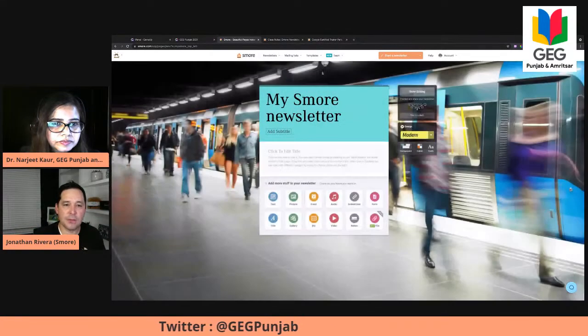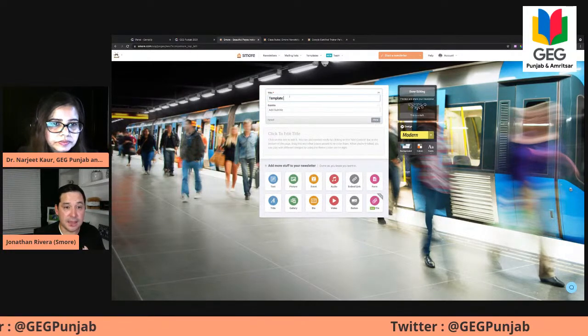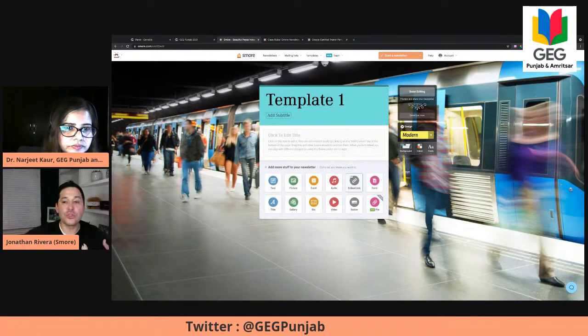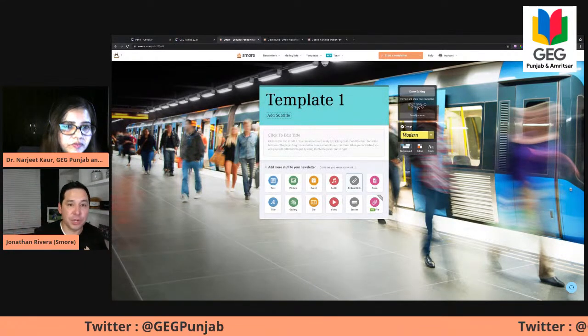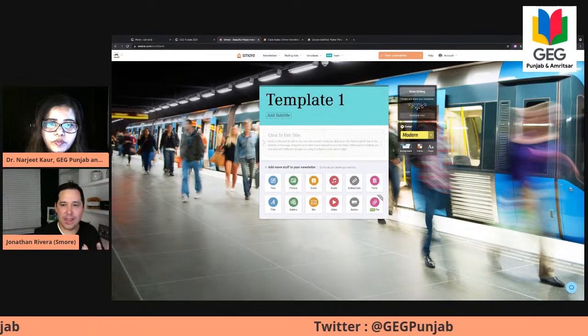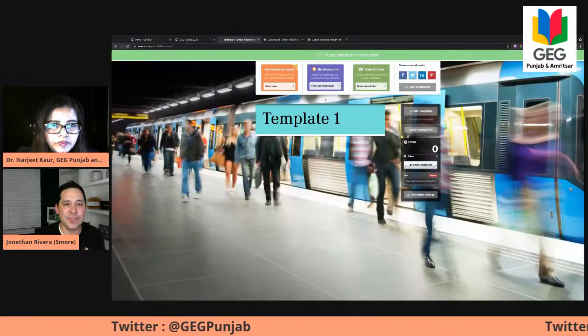Okay. So I'm going to skip going through here. If I wanted to say template 1, right? And I go through and I create a beautiful newsletter that's going to be my template that I'm going to be able to use in the future. Let's just envision that, right? I won't go through it, but let's say I keep all the settings. I say done editing.